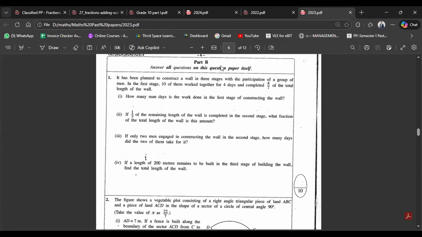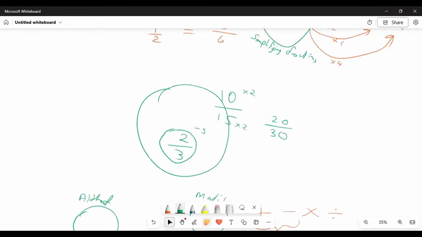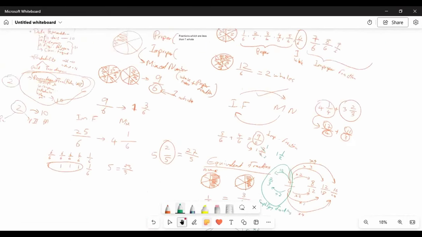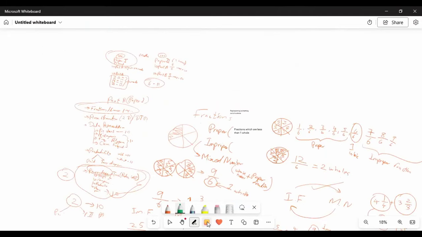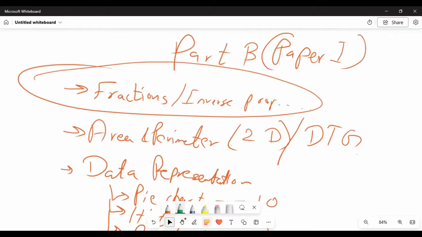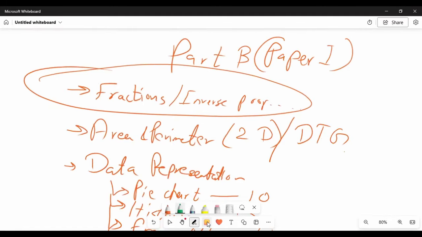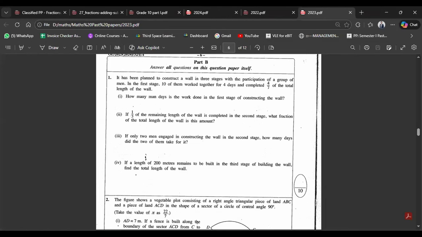I told you, this comes under, wait, let me share the whiteboard screen for this. At the beginning itself, I told you all one thing. When it comes to fractions, mostly the fractions will be connected with inverse proportion also. See, the man days thing is also connected there. So we have to figure that out. Now I'll give you another past paper. Let's take